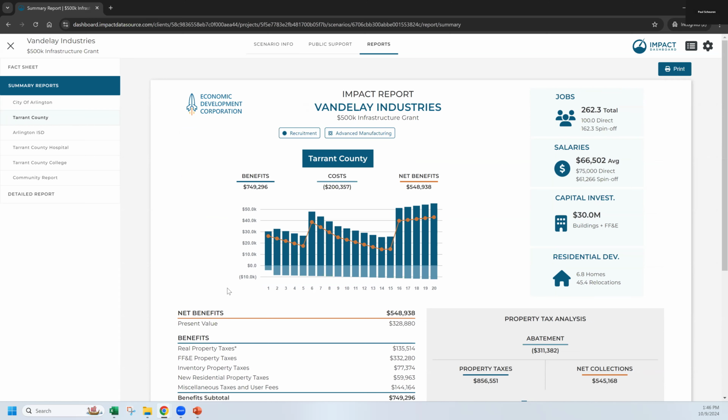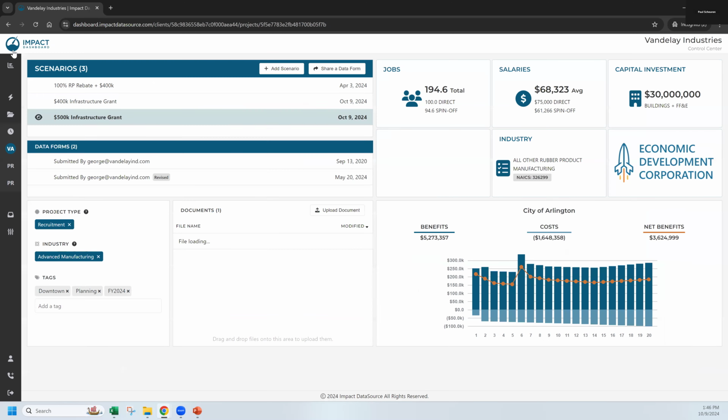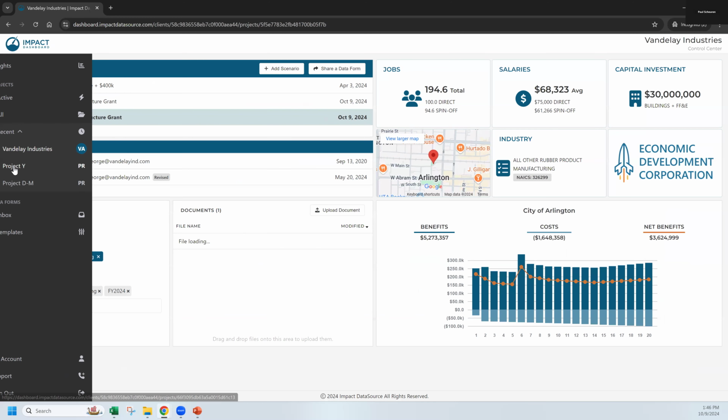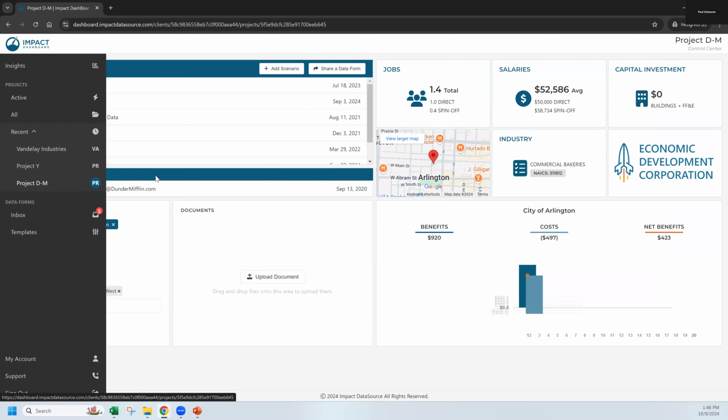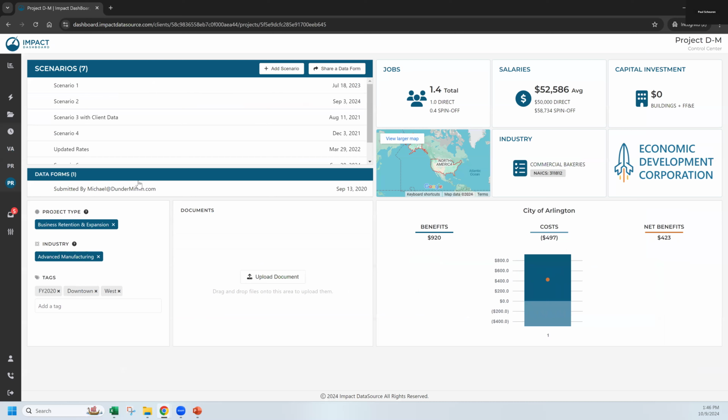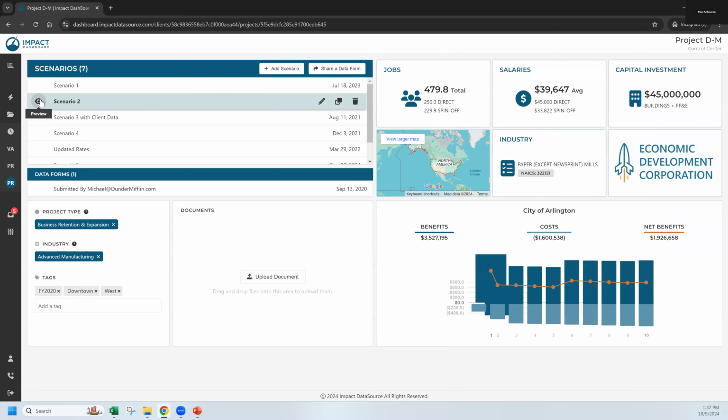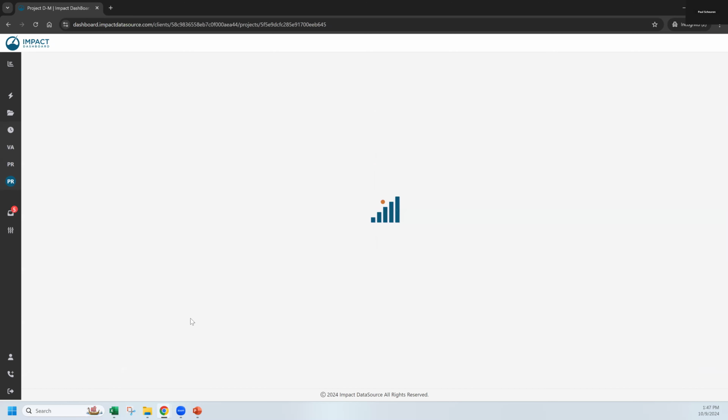One of the things that I have not touched on yet, we talked about it in regard to receiving the information on the data form, was that idea of an expansion project. But we didn't look at what that looks like in a scenario. So I'm going to do that right now. I'm going to close out of our Vandelay Industry scenario, and I'm going to switch over to a project that I've got set up for an expansion. And so I think this is going to be the one we want. If I click on scenario 2,